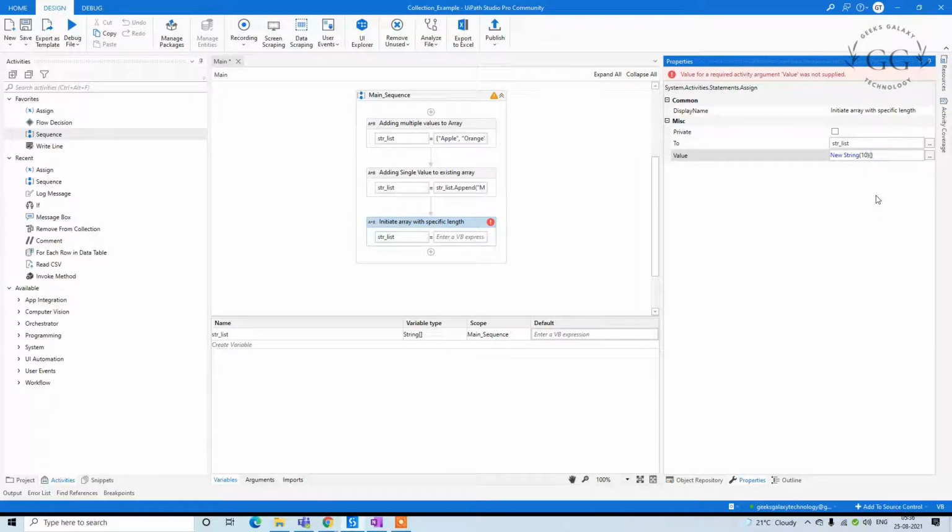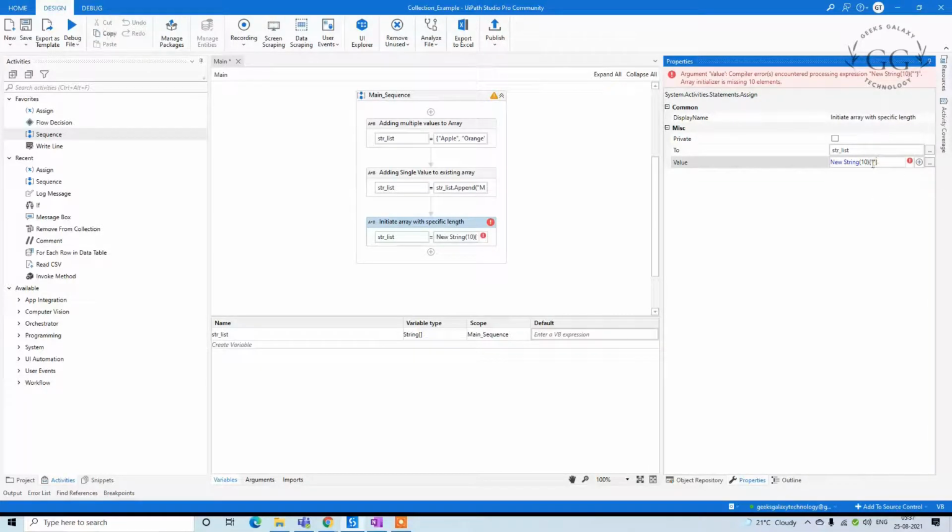It should always be empty. If you try to give any value, this will throw an error. If you mention a count, you have to mention all 10 elements, otherwise you should not mention anything. For instance, if I mention 2, I should mention these 2 elements.